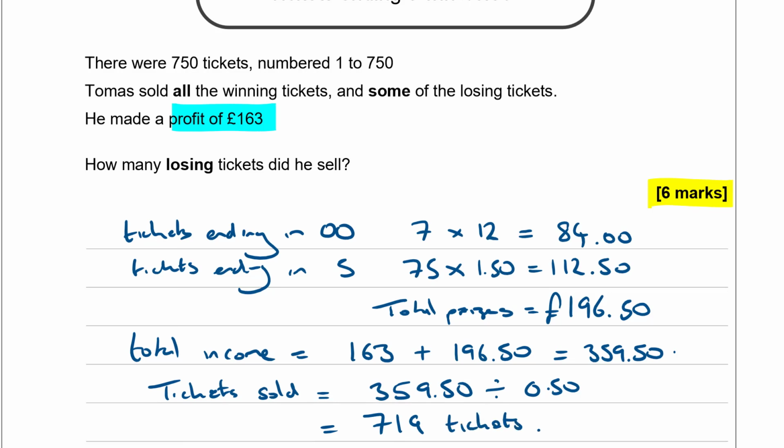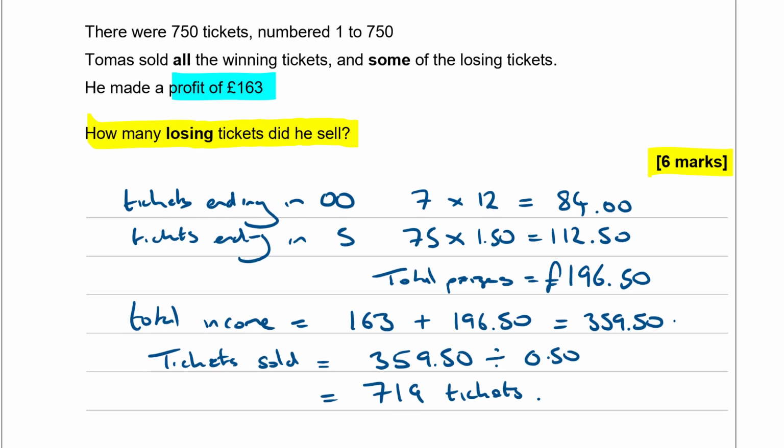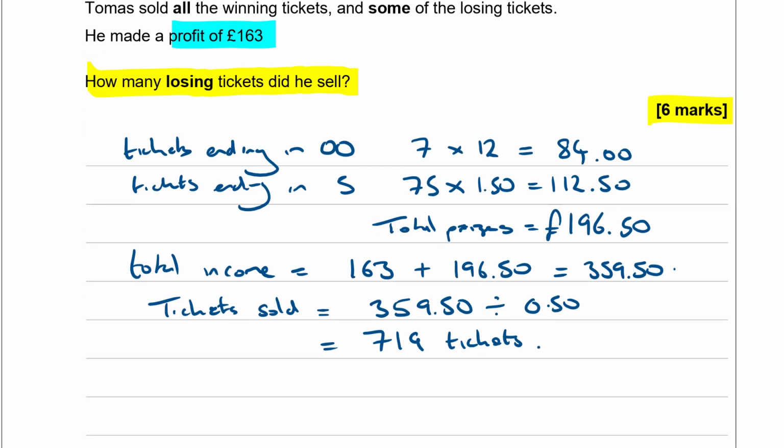tickets. Now with these long questions, it's always a good idea just to double check that we've answered everything. And actually when I go back here, I can see that how many losing tickets did he sell? So I almost missed that. How many losing tickets did he sell? Well, if he sold 719 tickets, and there were 7 winning tickets ending in 00 and 75 winning tickets ending in 5, the losing tickets is going to be